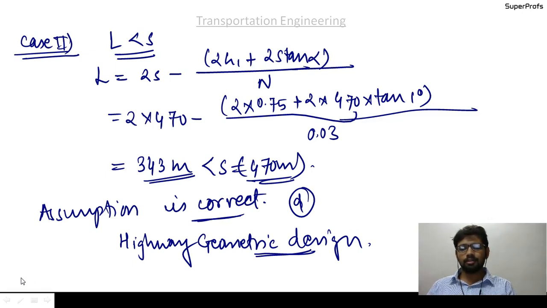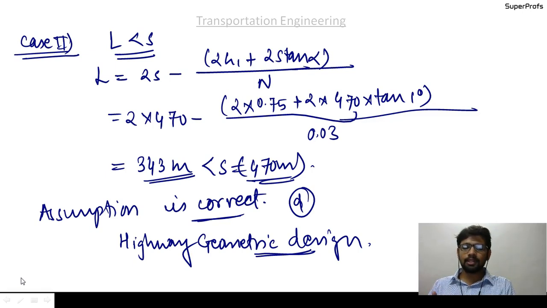A formula of this kind is very easy because it is a formula of one type. You can keep the vertical curve formulae, that is the valley curve and the summit curve formulae, in mind very easily, just by keeping one formula in your mind and later applying your own